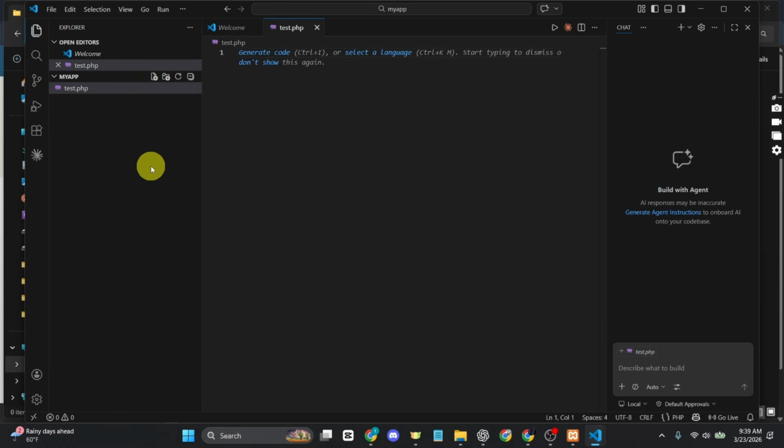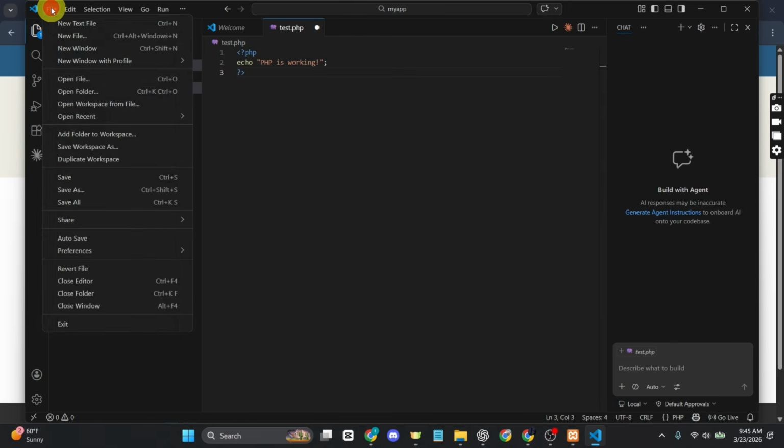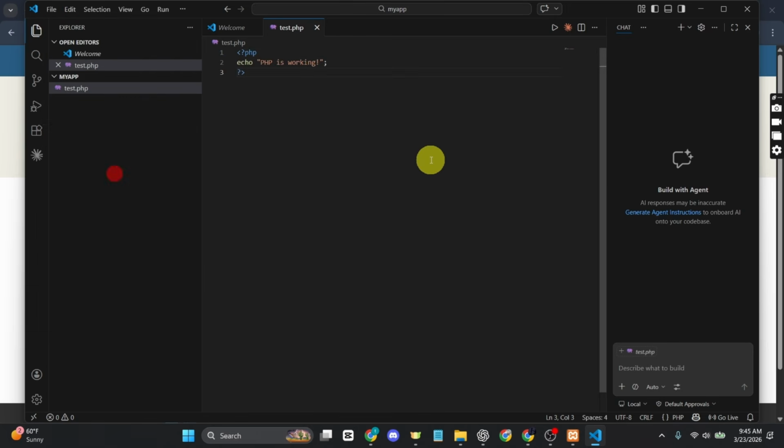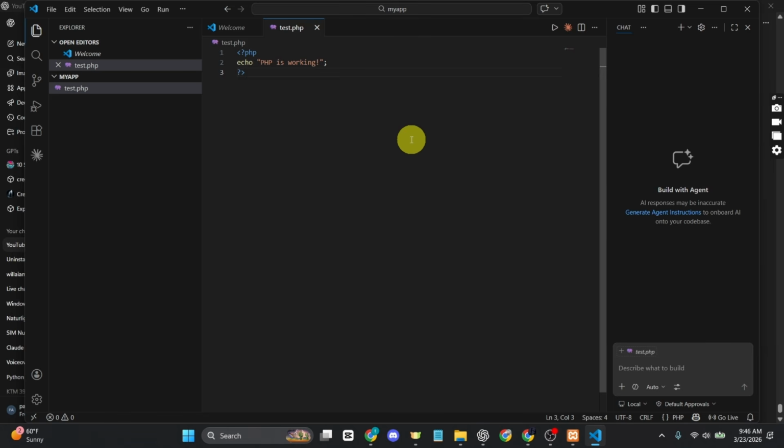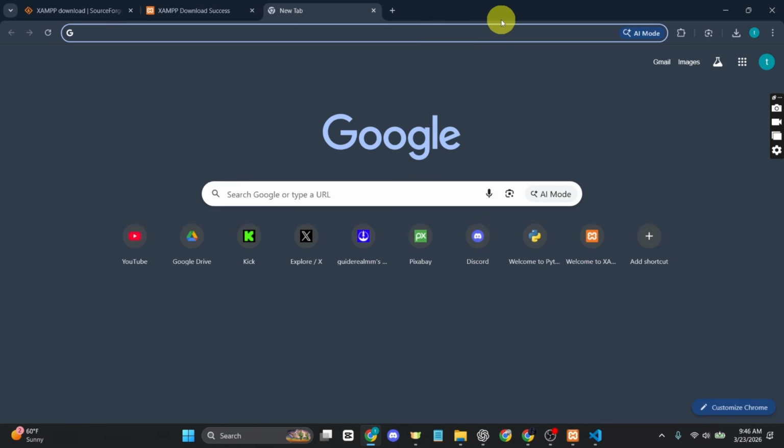and hit enter. Now inside this file we will write a simple PHP code like this. To save it, just go to File and click on save, or you can just press Ctrl and S on your keyboard. Now to run this, just go to the browser of your liking, and in a new tab type